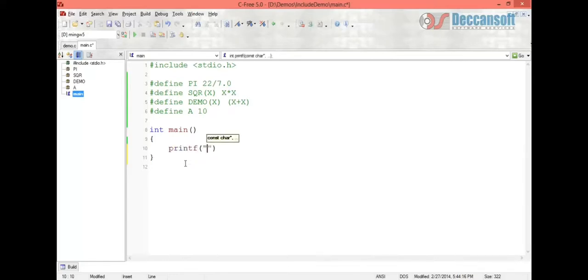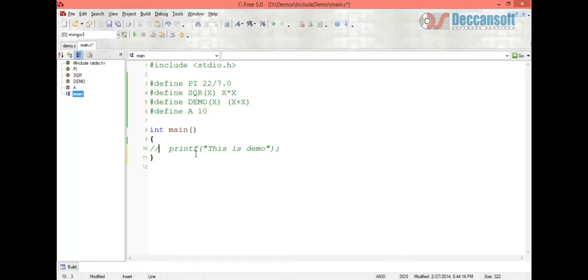Okay, printf, this is demo, semicolon. After that we'll write conditional compilation macros to define the given values. As printf, this is demo.